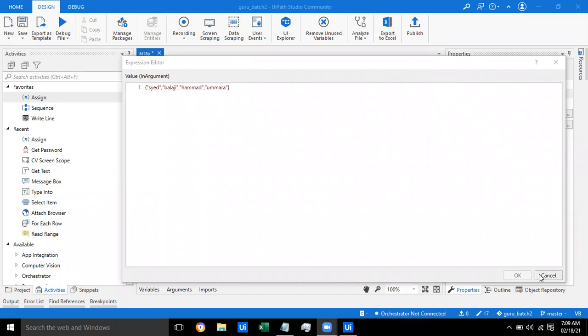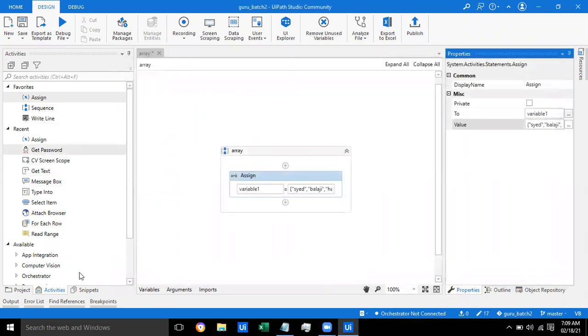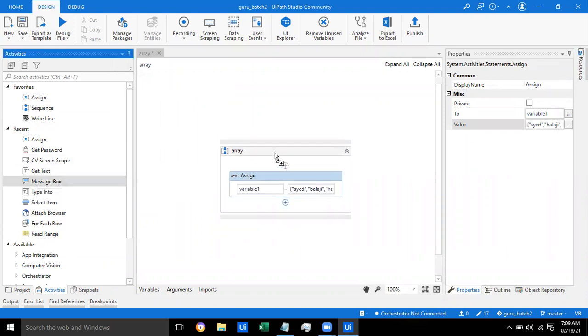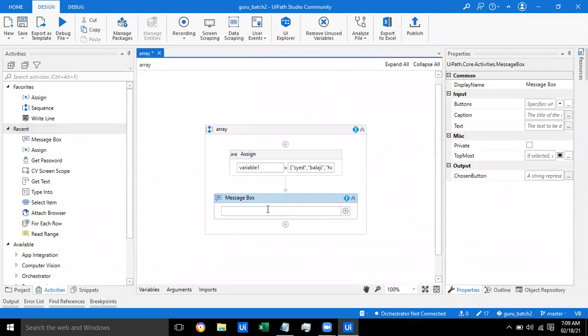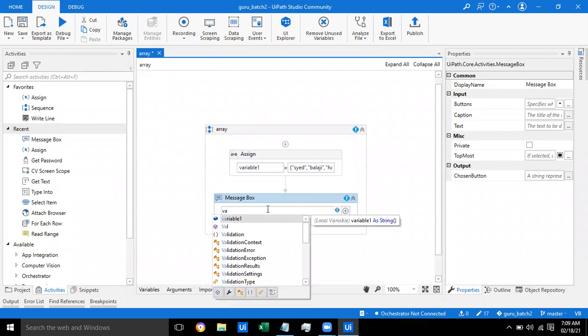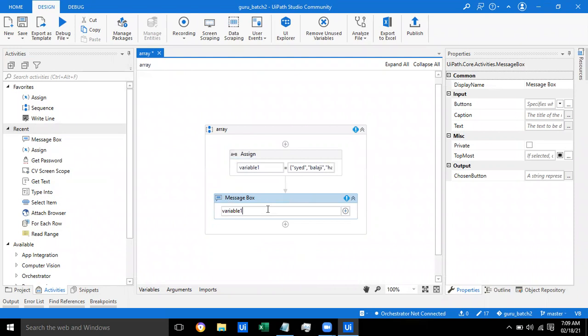Okay, so let me show you how to do that. Let me drag a message box activity. In the message box activity, if I want Balaji, what can I do? Tell me the answer. Variable one, and in parentheses we use the number one.